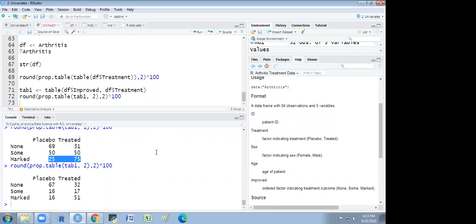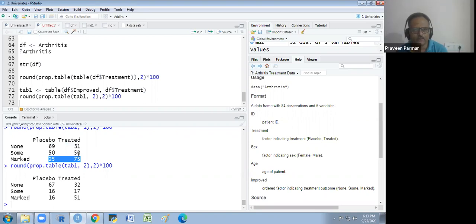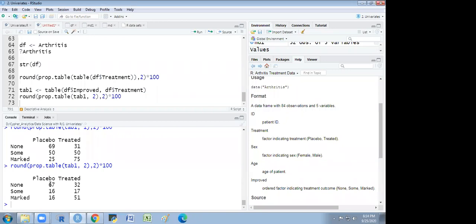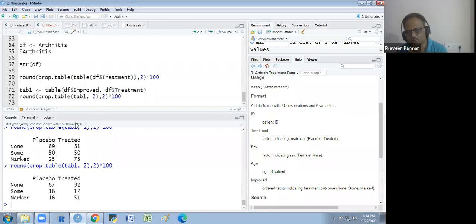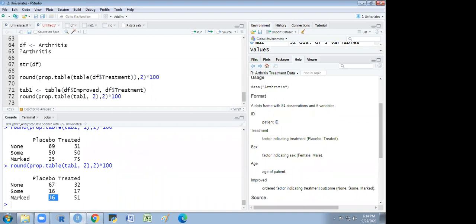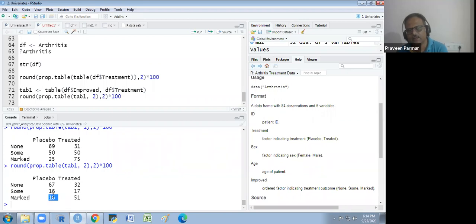So please discuss this again. Here you see we have taken the total of this row as 100 percent. 69 plus 31 is 100. But here I put 2 for the column sum, and this is 100 and this is 100. But here, because of the 16 and 16, when you add them, you will get 99 over here. No, because it is 16.5 and 16.5 both, so they are taking the 16.